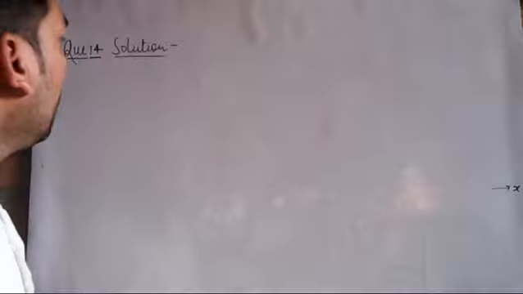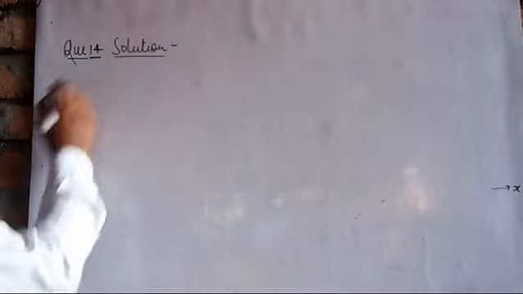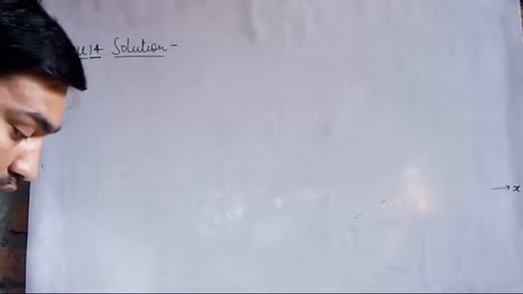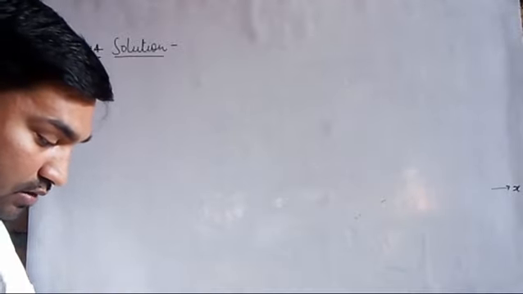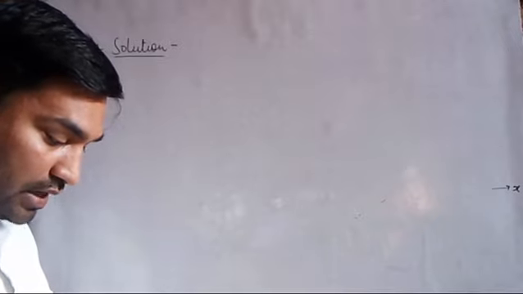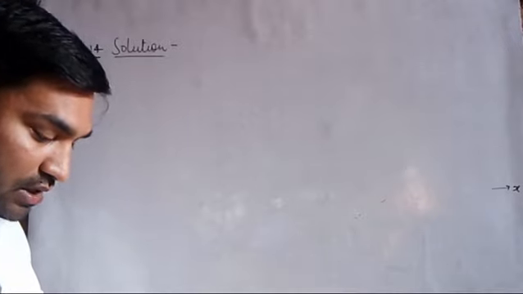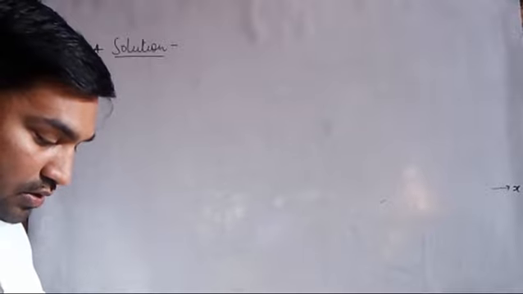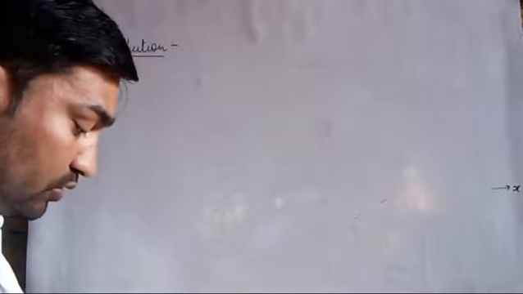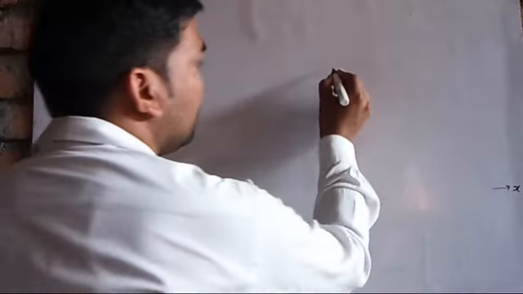Now another student asked question number 14, which is: here in the figure there are three charged particles in a uniform electrostatic field. Give the sign of the three charges. Which particle has the highest charge to mass ratio? This is the question, and here a figure is given.